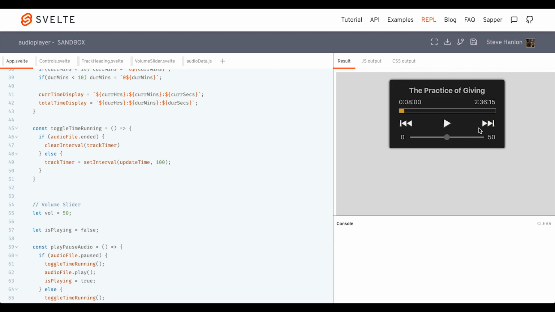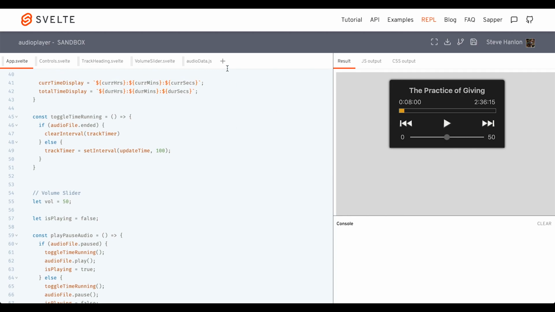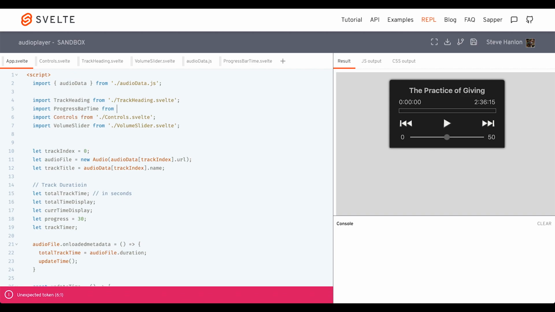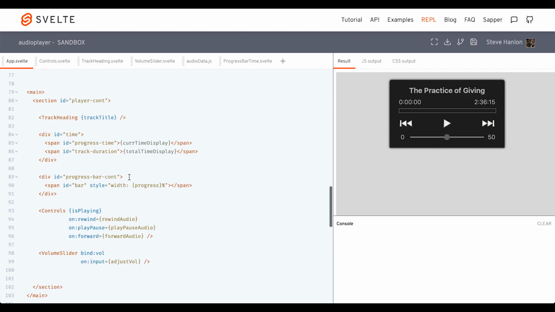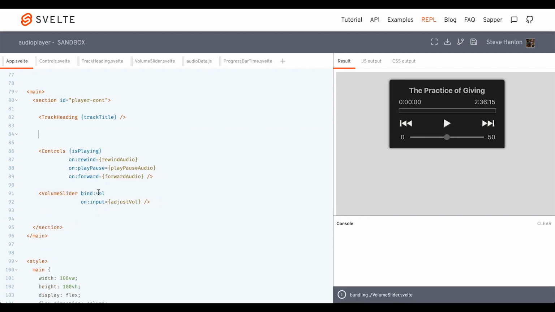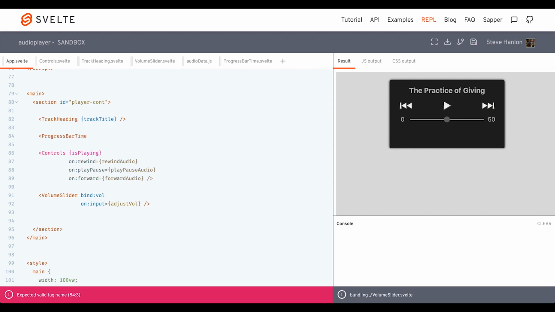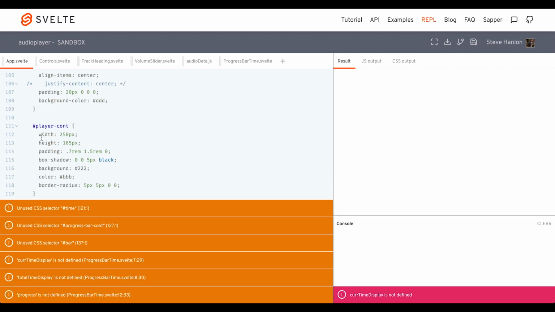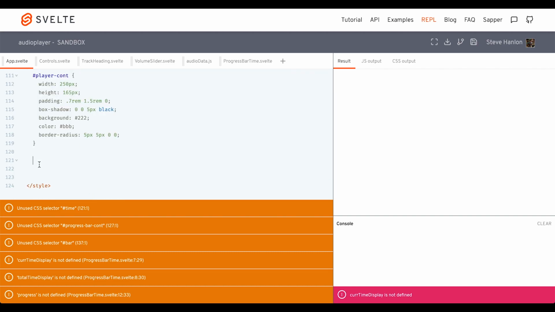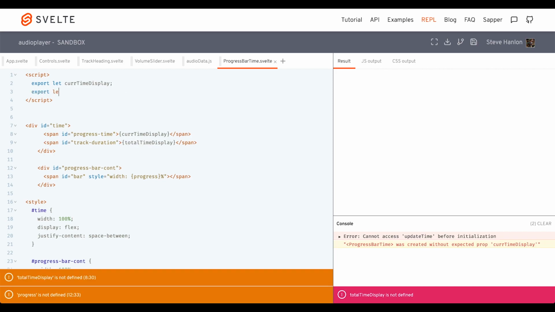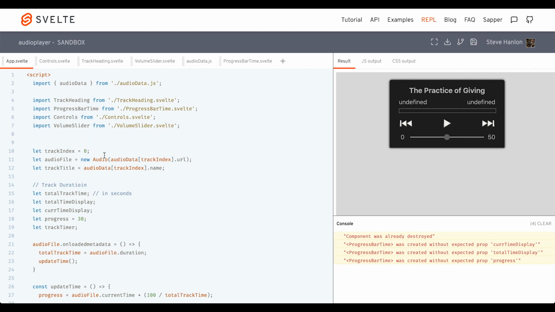So let's go ahead and take what we've done, and we'll move this over to a component. We'll call this component TrackBarTime. Now, if we come down to the HTML, all of this right now is representing the ProgressBarTime component. So let's just cut this out. And we'll put it right below track heading where we had it before. And then we'll also need to move this CSS that we made from time down to bar. So as you can see, we've got a few props that we need to pass. So let's go ahead and export those. And then over inside app,